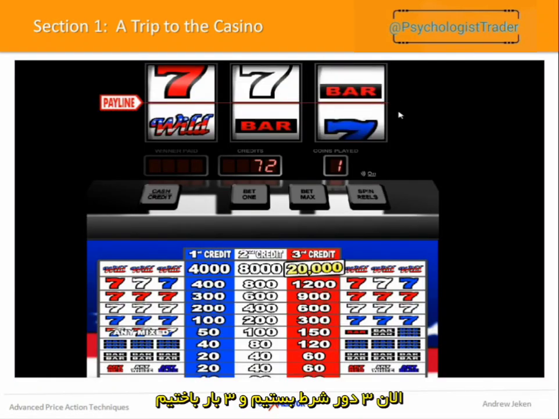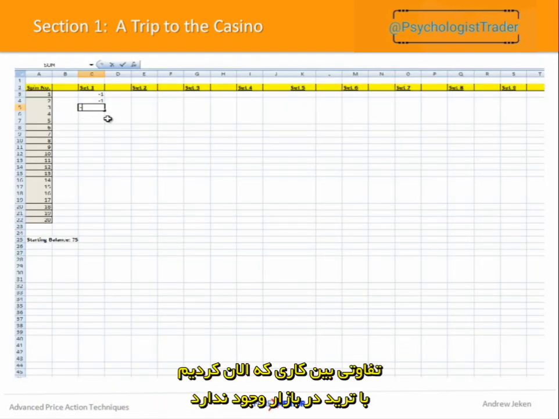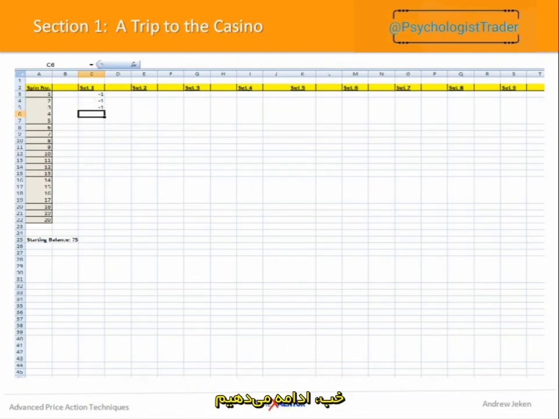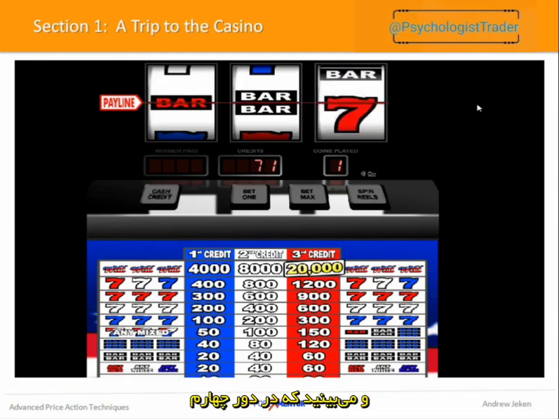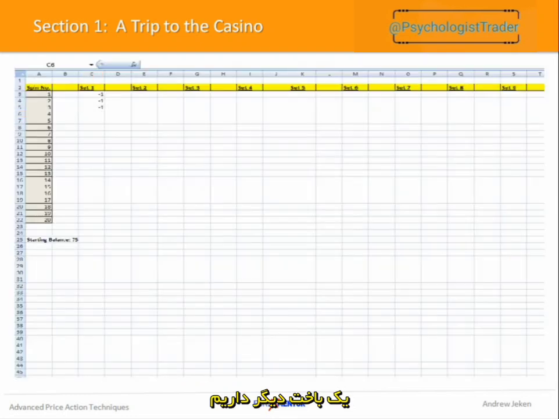Now you can see we've had 3 spins and we've had 3 losses. There's no difference from what we've just done to putting on a trade in the marketplace. So we continue with our exercise, and you can see the 4th spin comes up, and once again we have another loss. So we have 4 spins, 4 losses.